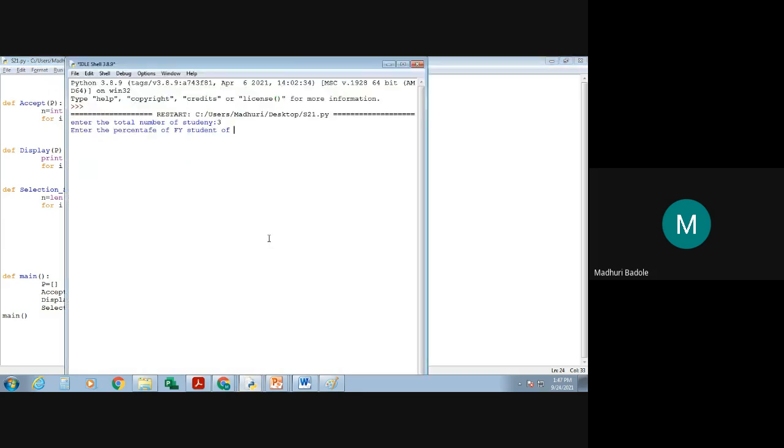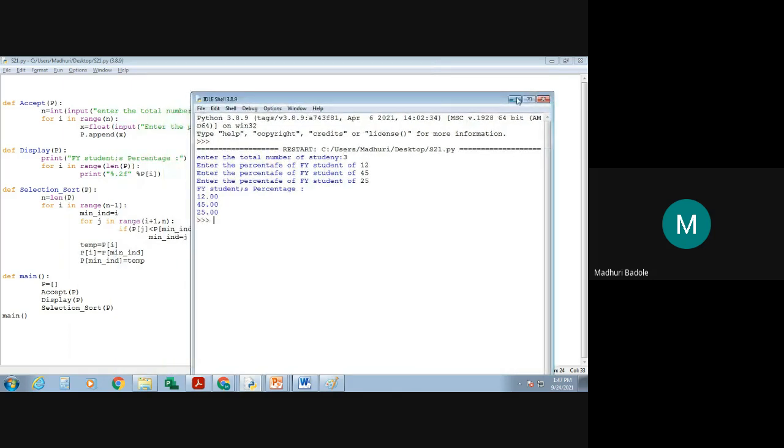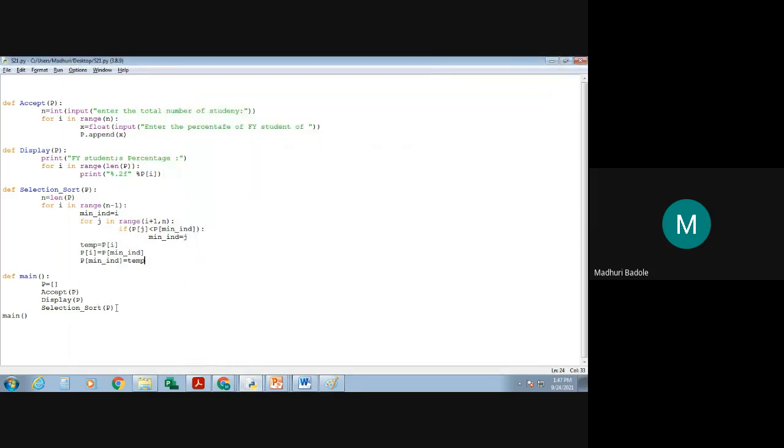I'll be taking only 3 students. Okay, selection sort I haven't displayed. Fine, so we're going to display that one as well.